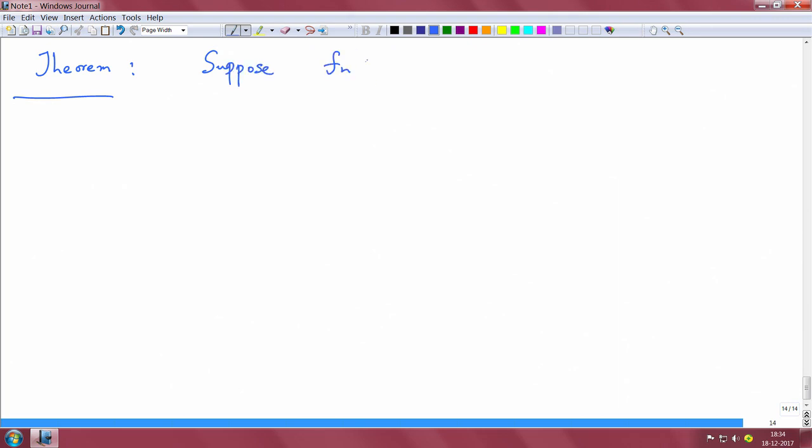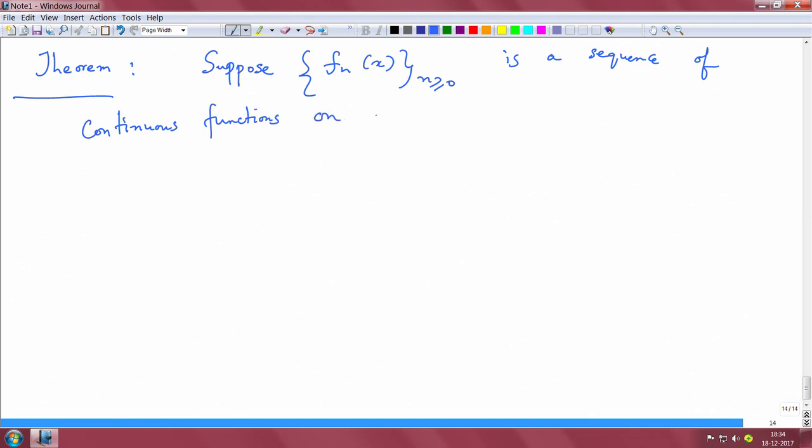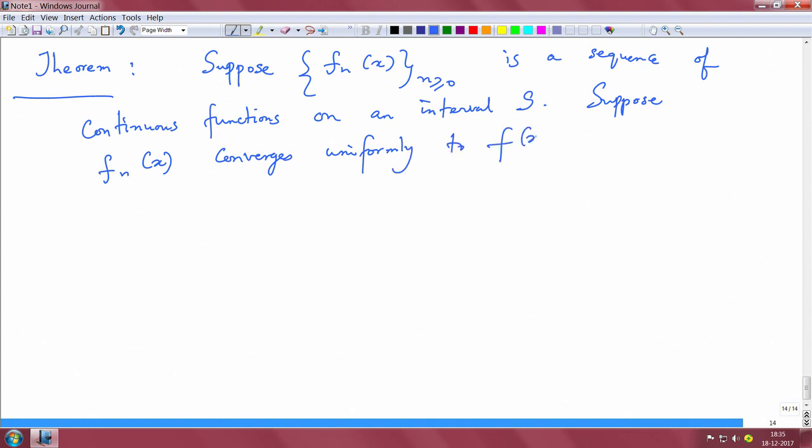Suppose fn of x is a sequence of continuous functions on an interval S. Suppose fn of x converges uniformly to f of x on S,